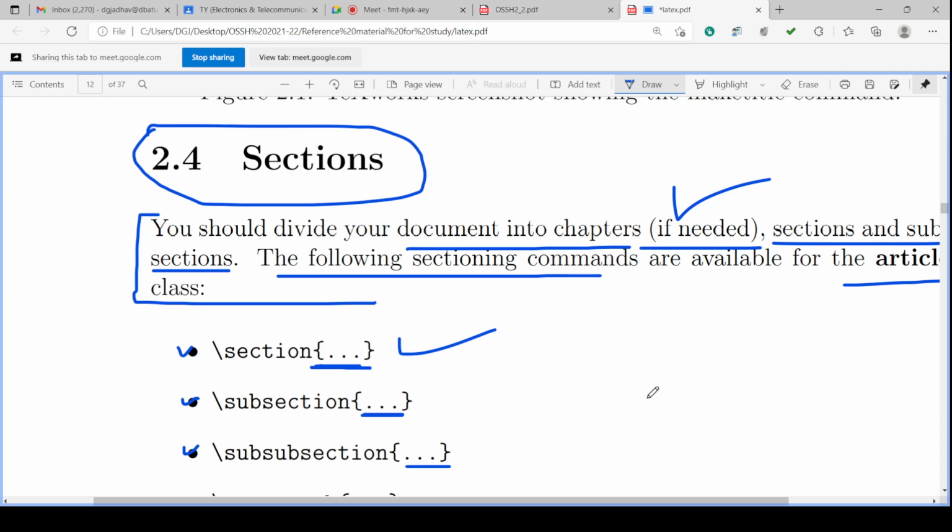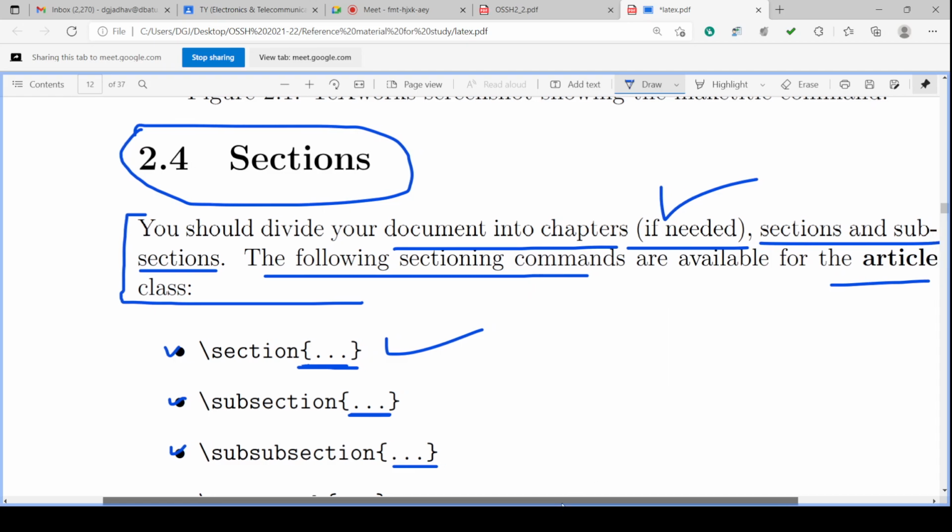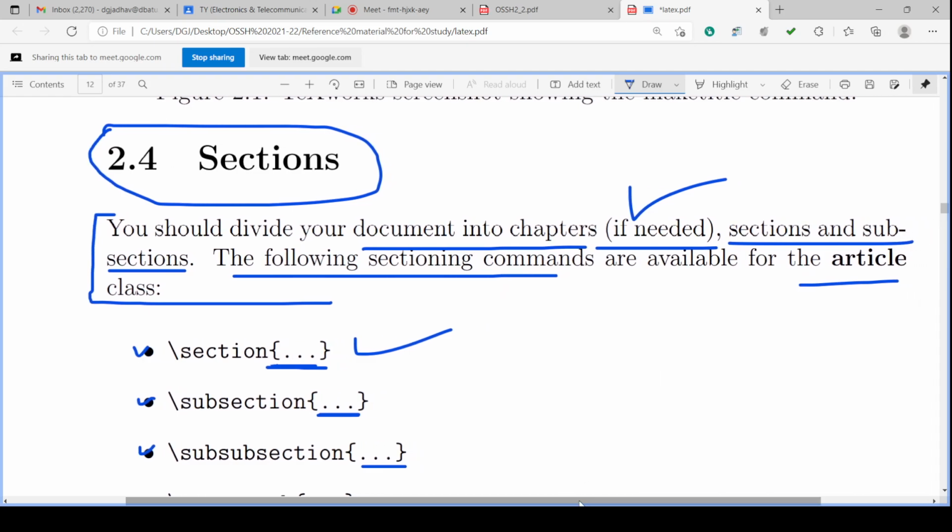So for that purpose, we have to typeset according to the sections. Typesetting means setting the text in a particular fashion, for printing purposes, for preparing the document. How the document will look, that setting is there. That is called typesetting. How the PDF document will appear, that appearance we can set, and that is called typesetting. And for that we write these programs, and then we press the typeset button and it will generate the PDF document after compilation.